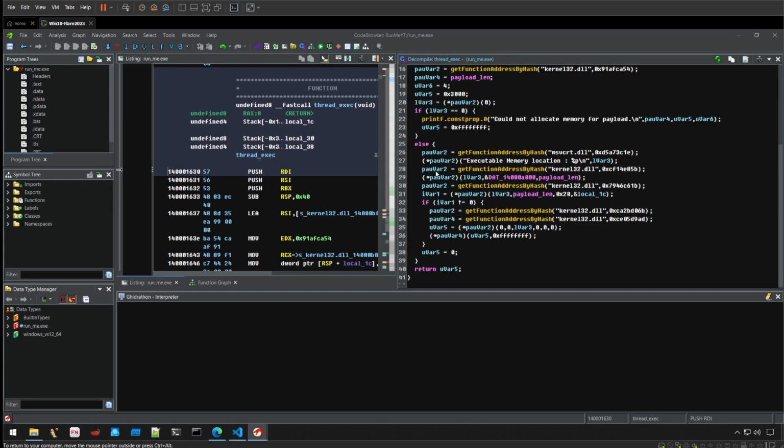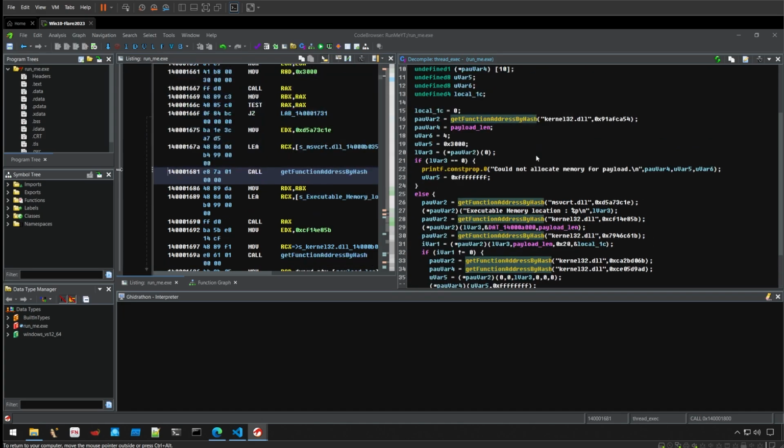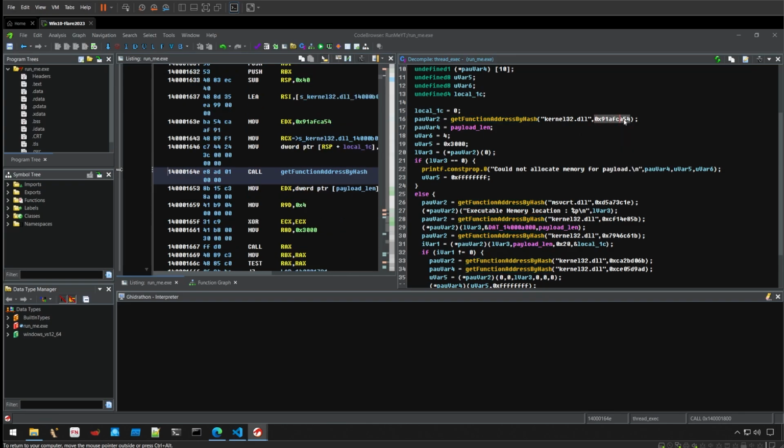And then we have a couple more get function by hash calls, and this one is msvcrt.dll being passed and another hash is being passed here, then kernel32, then another hash. Okay, so this is going to be a bit more difficult if you're not able to analyze what this function does. Now, with my experience of looking at malware, I can already see that this is part of dynamic API resolution. And if we look at this hash and Google this,